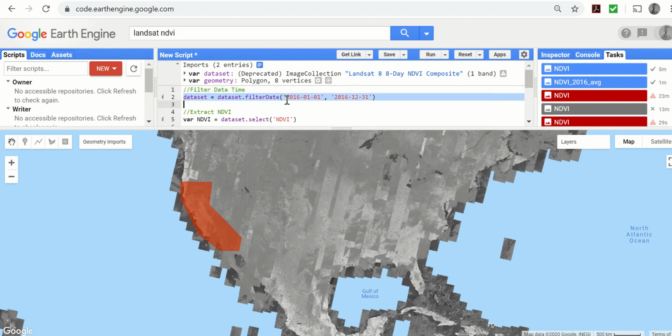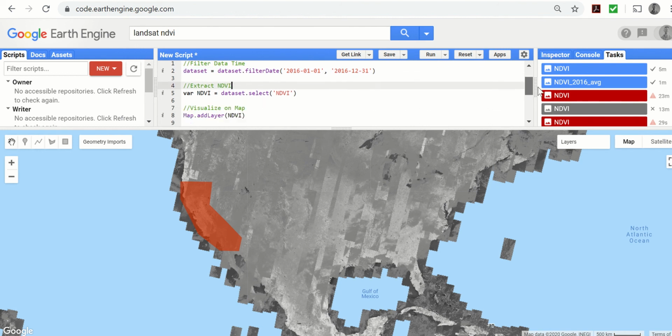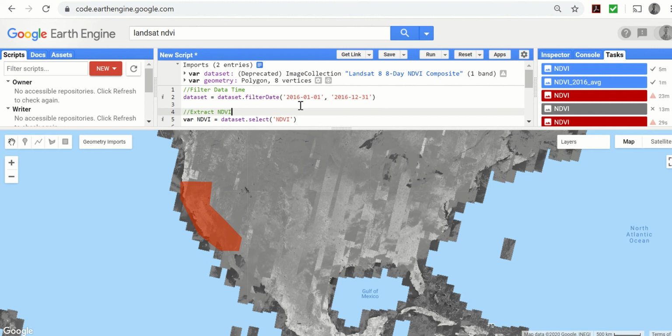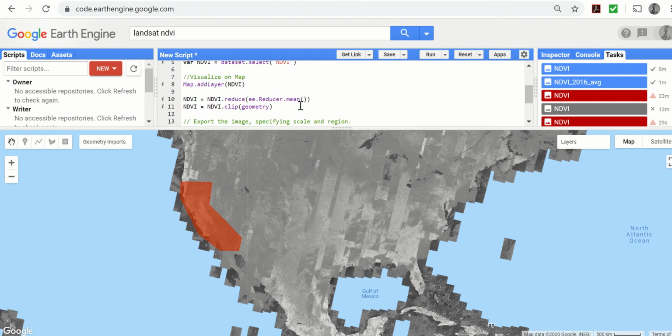Okay, next you can extract NDVI specifically from the dataset because it's an image collection, and you might want to just be looking at NDVI instead of everything else in the image collection. And the next step is, because we have multiple different NDVIs over many different days, or a very long period of time, we want to get the mean of this. So using this code right here, you can reduce the NDVI that we have to a single image of the mean of the NDVIs